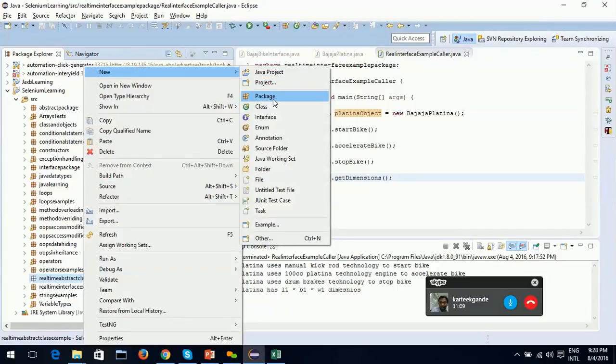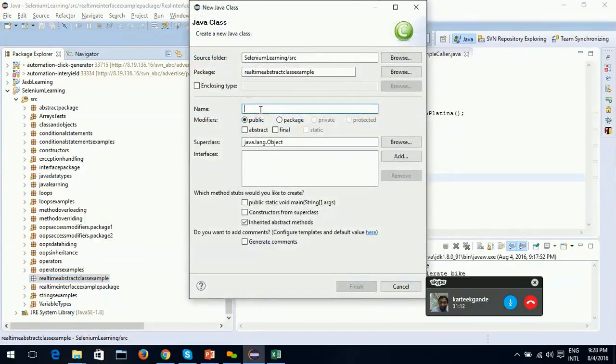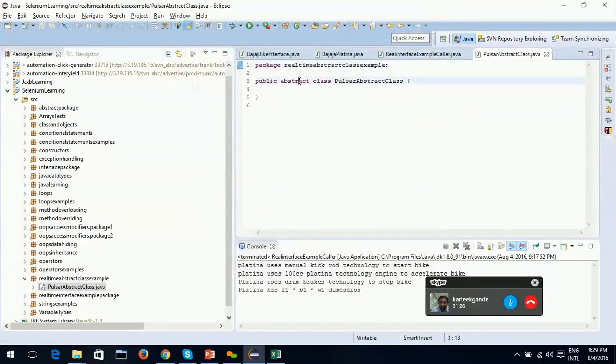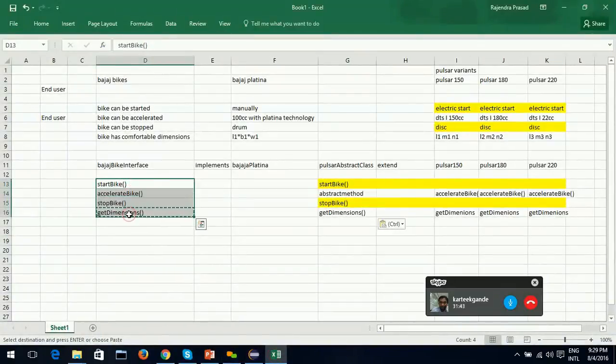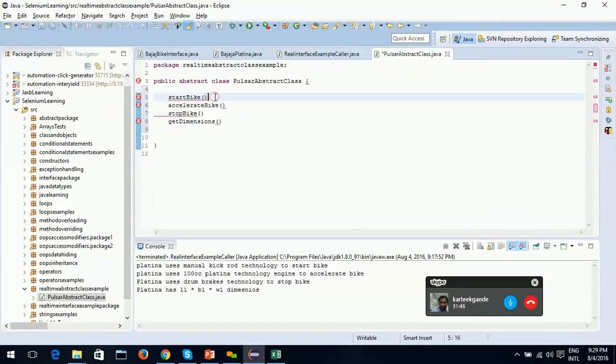New class, the name of the class is Pulsar. I'll name it Pulsar abstract class. I'll make it abstract, so now it gives me the abstract keyword beside class. Now what are the methods that should be there in the abstract class? As usual, these four methods should be there. Public void